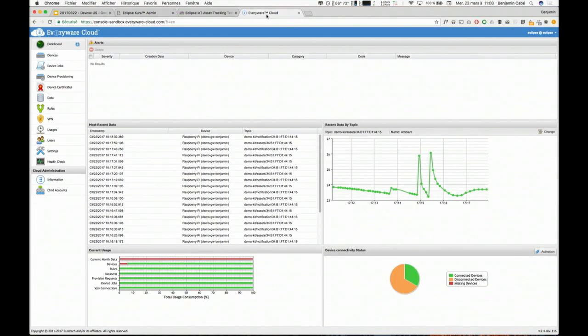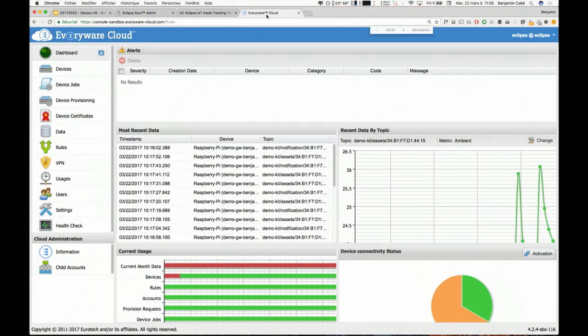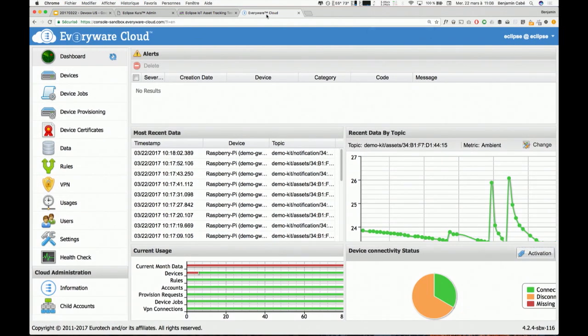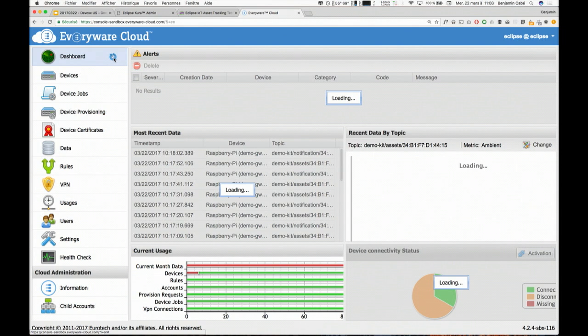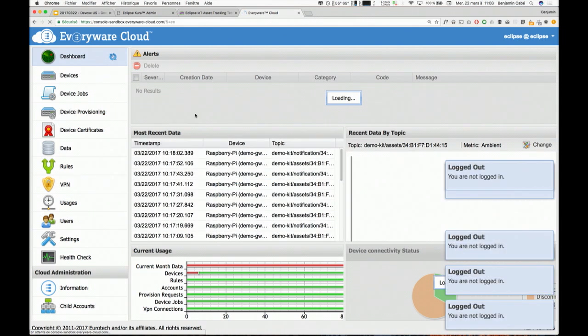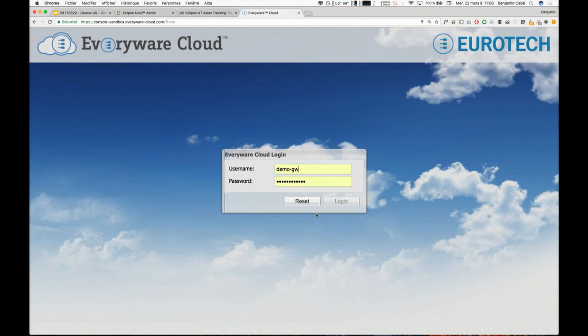The cloud in my example is, for the sake of demoing the interoperability, actually a commercial cloud from one of our member companies, which is built on Eclipse Kapua. So it certainly provides a bit more in terms of eye candy and fancy dashboards, but apart from that, it's very close to Kapua. And here, just quickly checking that data is being sent. I am not logged in, so I need to log in again; there was a timeout there, I guess.